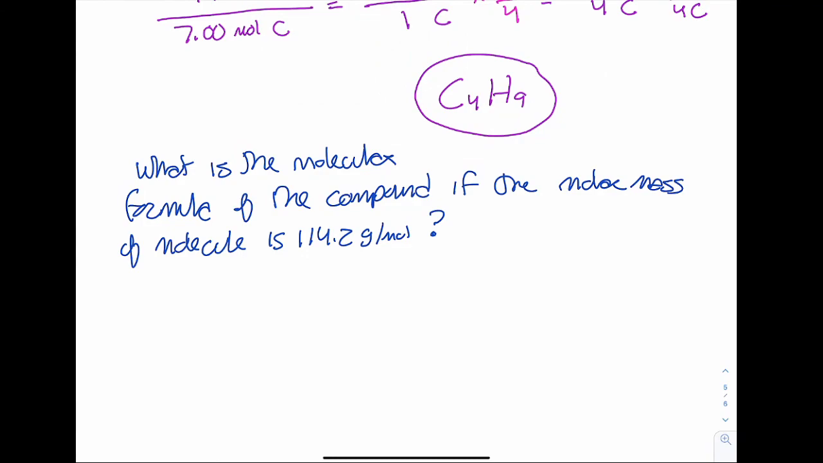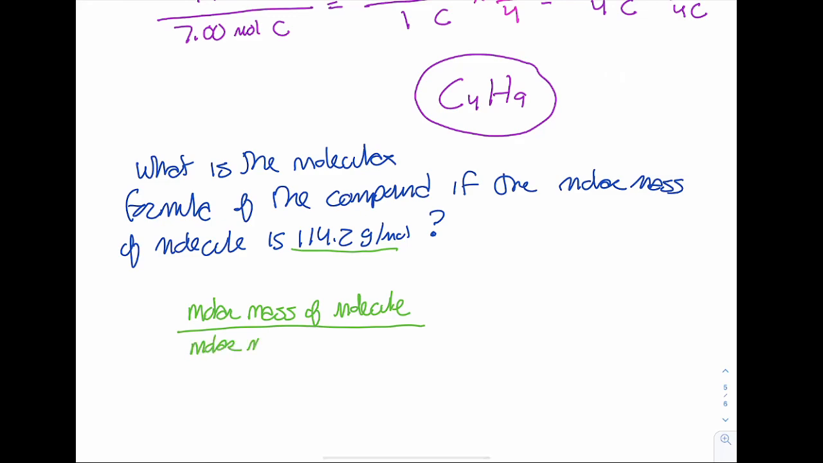So we're going to take the molar mass of the molecule, which has to be given as part of the problem, because we wouldn't know that. We don't know what the molecular formula is. Without the molecular formula, we can't calculate the molar mass of the molecule. So that would have to be given to us. So we're going to take that number, which is in my problem right here, and we're going to divide it by the molar mass of the empirical formula,